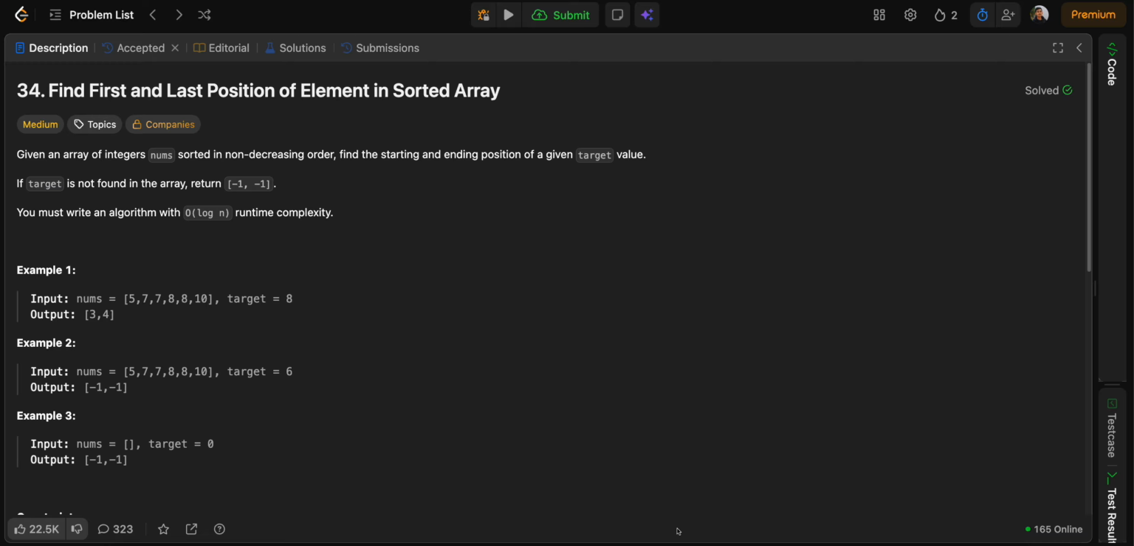Hey everyone, today we will be solving LeetCode 34, Find First and Last Position of Element in Sorted Array, and I will walk you through the binary search, try run step by step. The problem states we need to find the first and the last index of a target